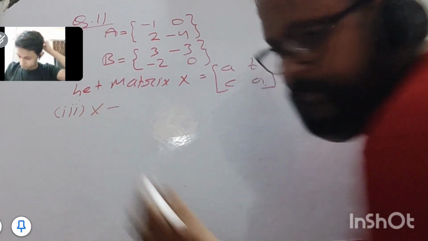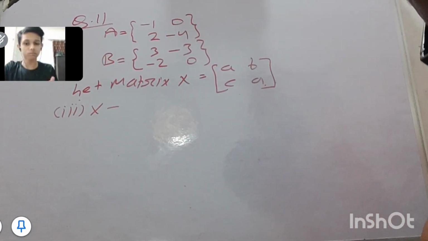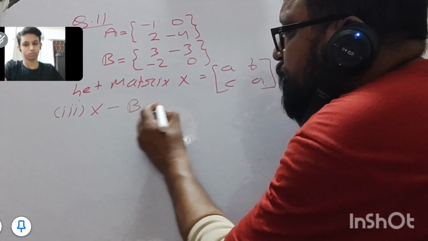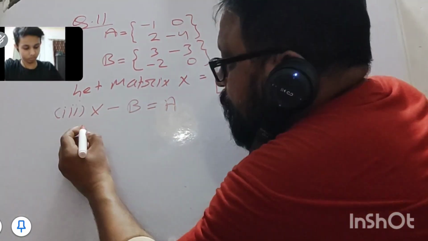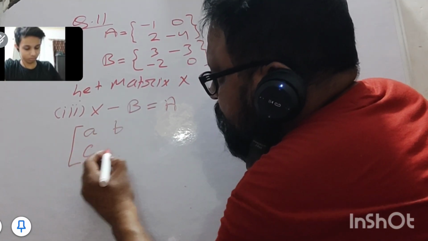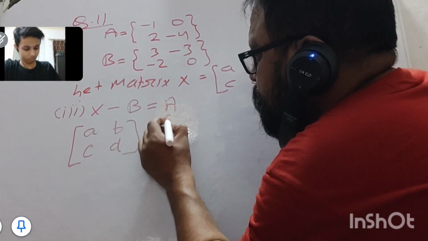The third part is X minus B is equal to A. So it is matrix X, [a, b; c, d], minus matrix B